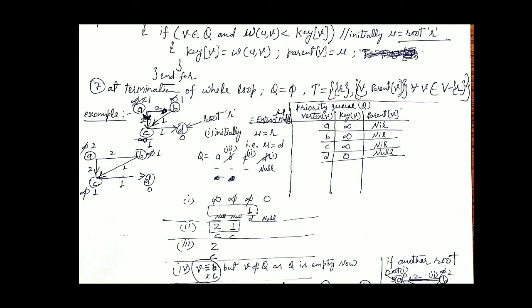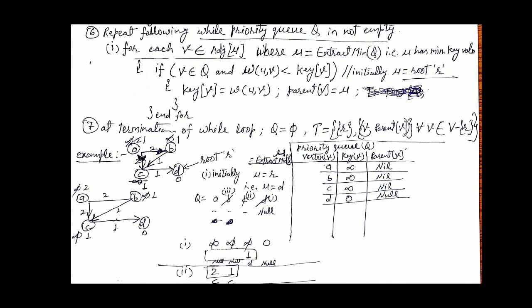Okay, so we just cut down the infinity and put 2 as the key value of A. Again for B, the edge weight is less than the key value of B. So we will update the key value of B. So now key B is equal to 1, and we make C as the